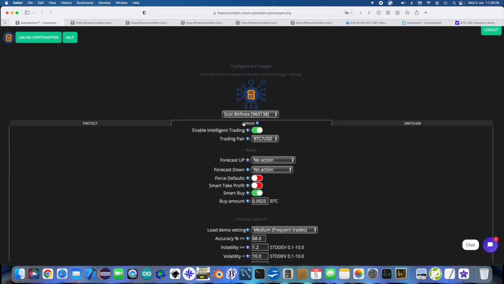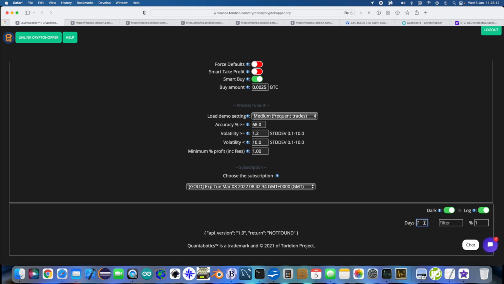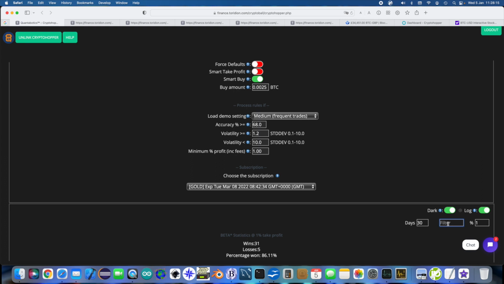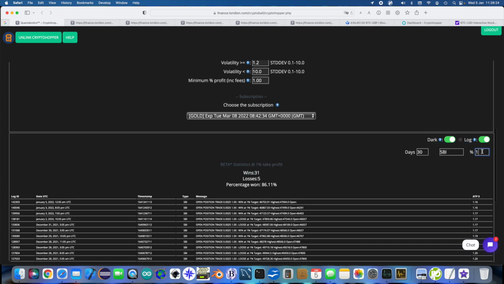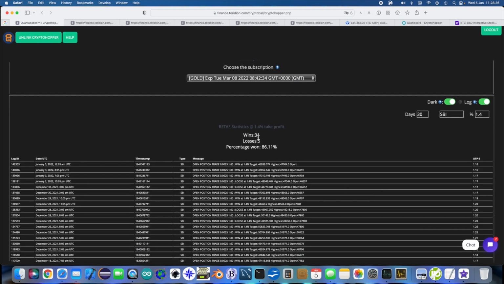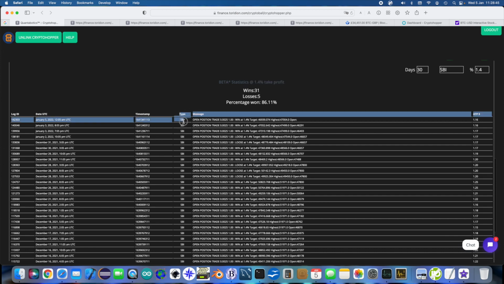Quantabotics. So I'm going to just nip into my bot here, and I'm going to have a look at the last 30 days, and I'm going to look at SBI Triggers. And here you can see we've got this new search system, and I'm going to put the take profit in at 1.4%. Okay, right then. So at 1.4% take profit, looking at historical SBI triggers, which are in this column here,